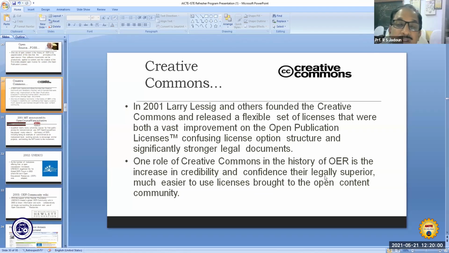That was his contribution, that earlier licenses were very confusing and everyone was scared of being caught under the Copyright Act. The role of Creative Commons in the history of open educational resources is to increase the credibility and confidence. They are legally superior, much easier to use licenses brought to the open content community. That was the purpose.